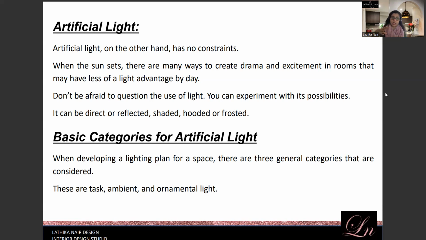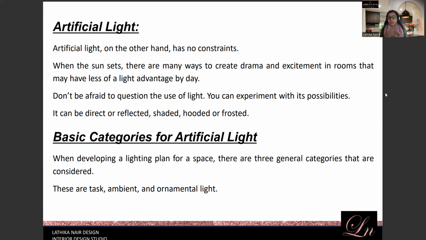You have direct lighting, like your downlights, and they're used for general lighting. You have reflected lighting, because some lights are pointed up towards the ceiling. So they hit the ceiling and then they are reflected. So they are called reflected lighting. Sometimes they are referred to as indirect or diffuse lighting as well. So these are terms that we use.